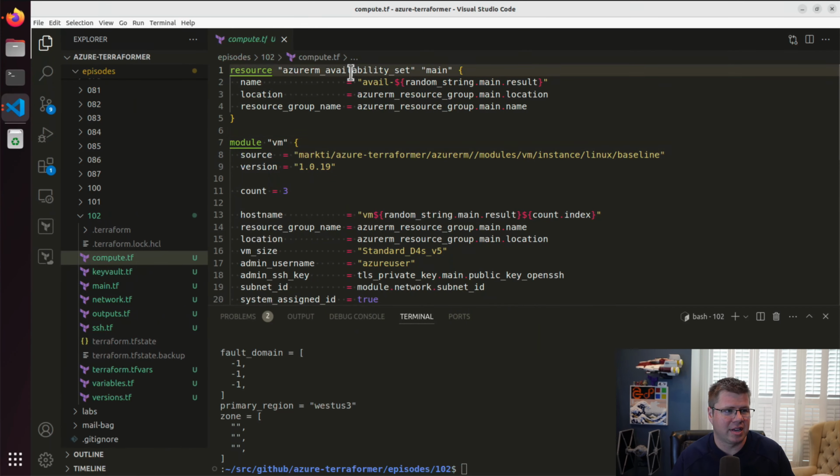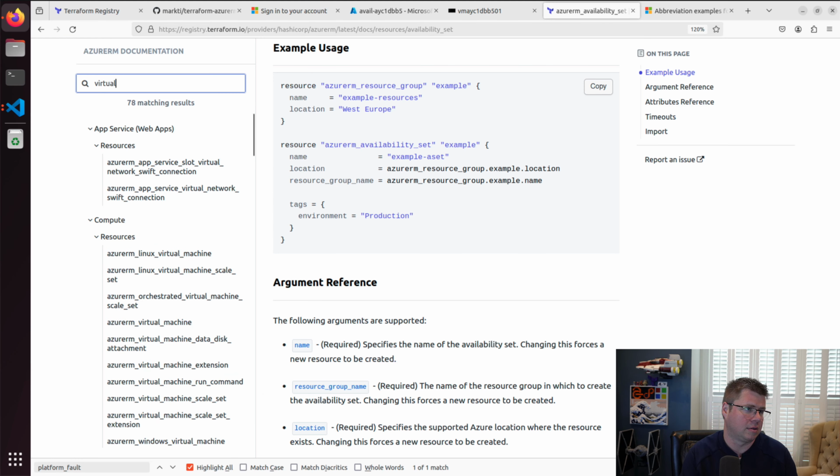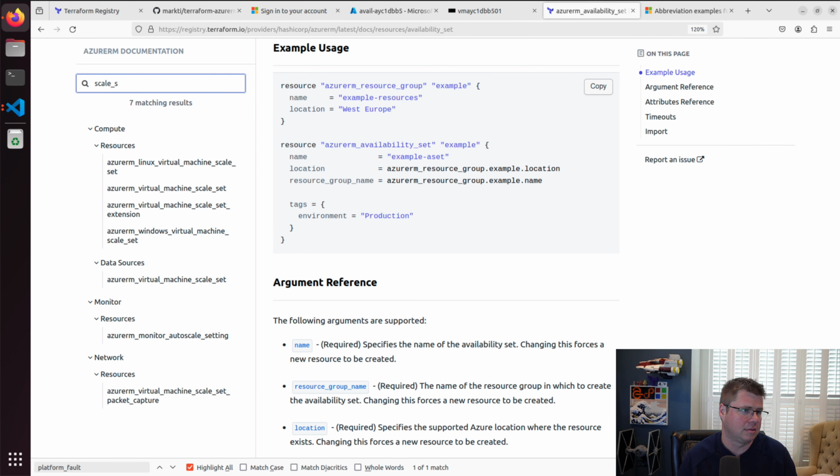So last time we set up our availability set, and I think this time I'm going to drop in and just find the virtual machine scale set here. We'll just call this scale. There we go. So we want a Linux virtual machine scale set, and ooh, this could be tricky because